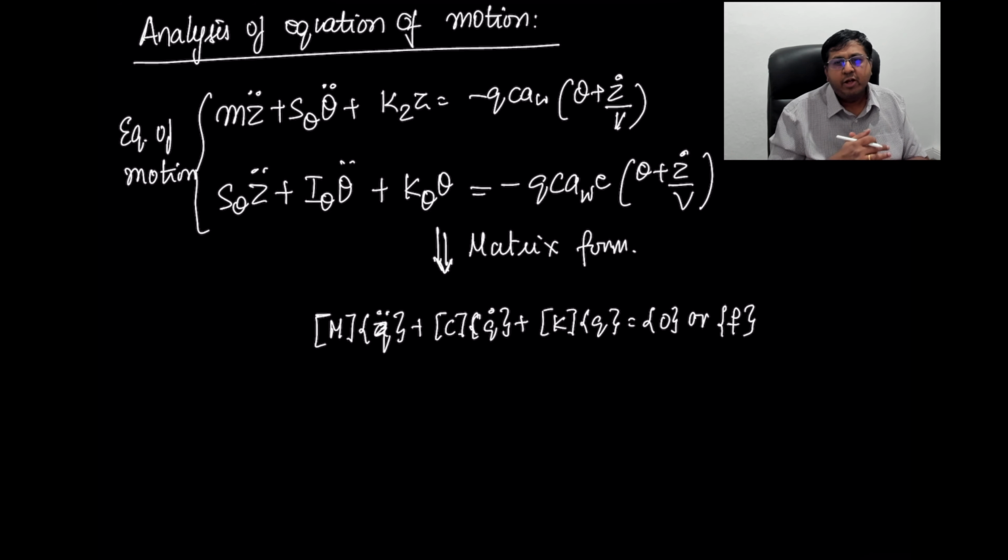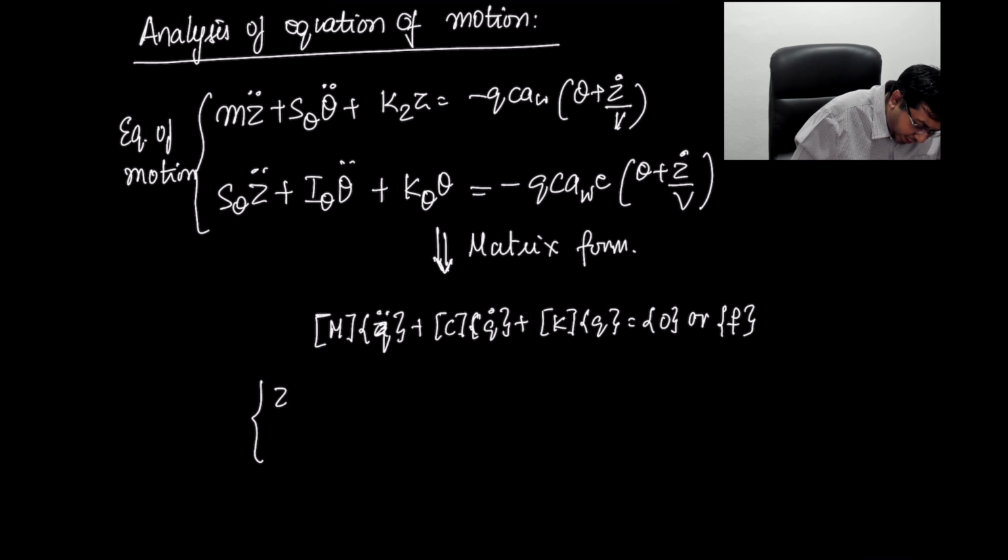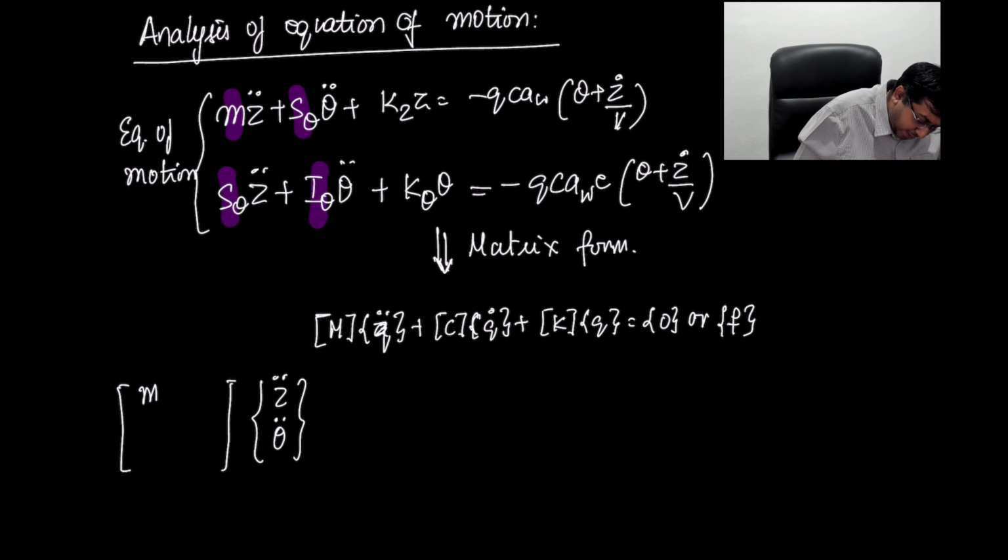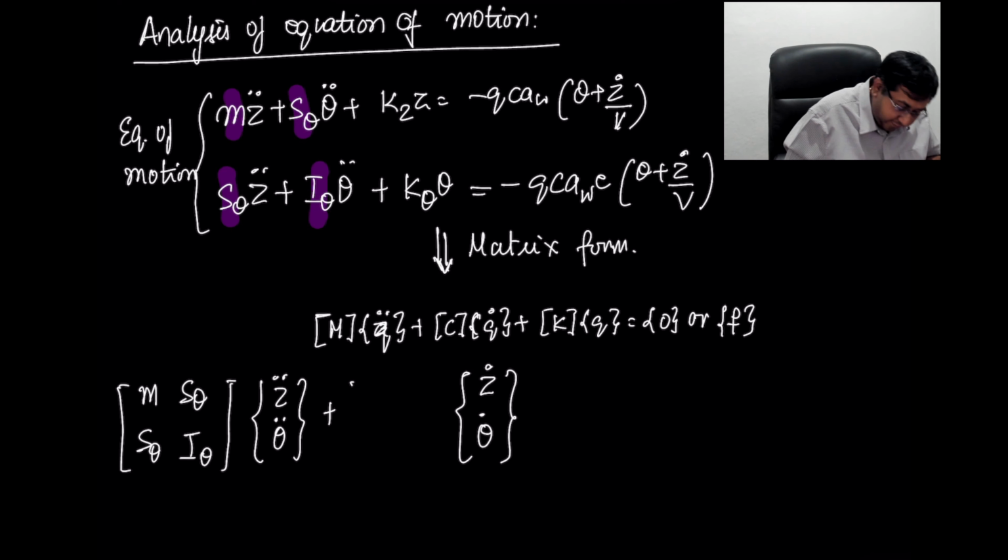So we are very familiar with this form, and we already know how to solve this problem in this form. So we will try to separate things out so that we can write it into this particular form. Let's start by taking out z double dot and theta double dot, which are my acceleration terms. If I look at these, we have m, S theta, and I theta. So these are the relevant terms. I'm going to put them into matrix form here. So I'm going to say m, S theta, I theta, right? Then I'm going to write z dot and theta dot, right? And if you see, now we can write